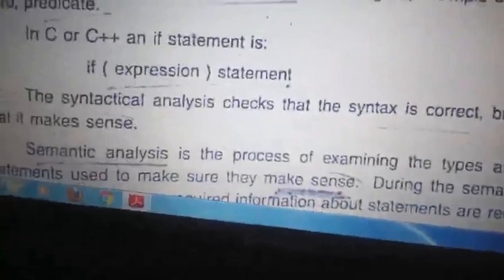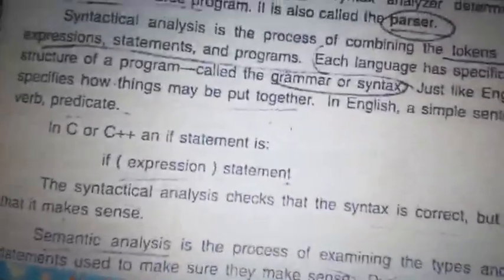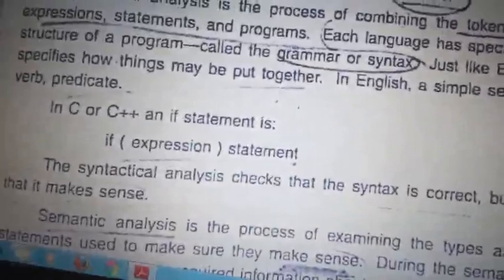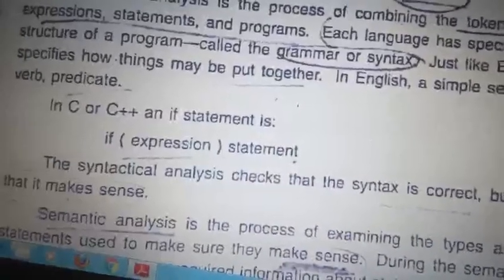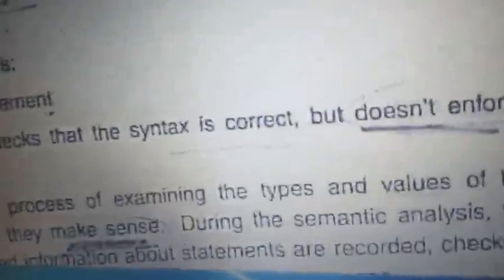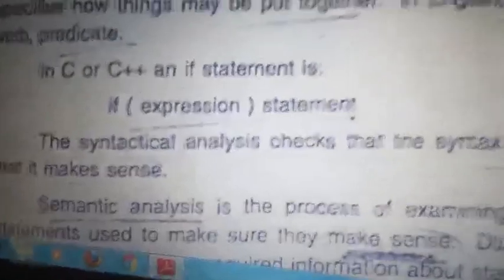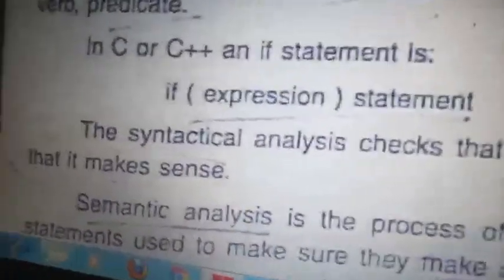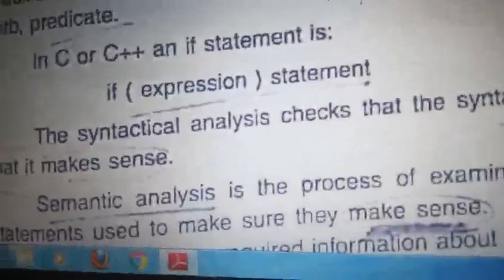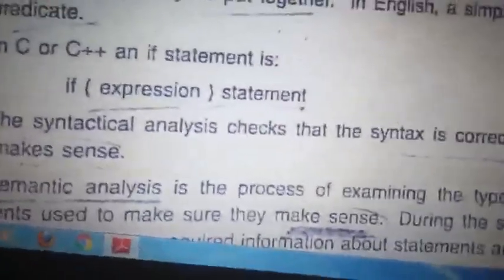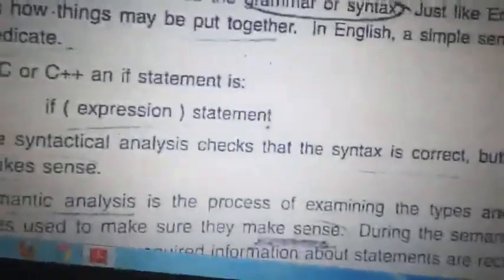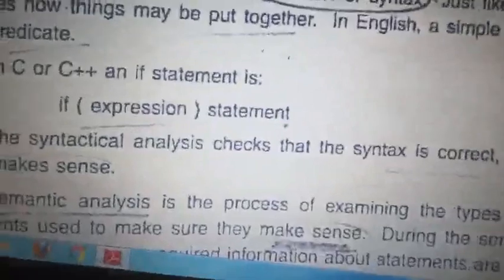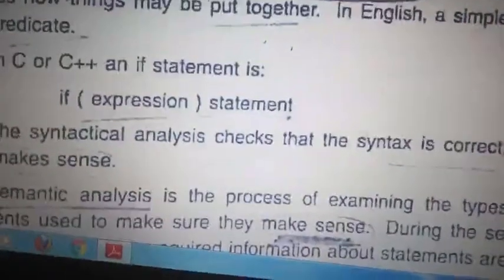The third analyzer is called the semantic analyzer. The syntax analyzer checks the syntax. You can see if, open bracket, expression, close bracket, statement. The syntax is proper, but it does not have any meaning. You know in C++ syntax you have to write like this. After that, a semicolon. In English you end with a full stop, even after a paragraph, but here each line should end with a semicolon. It doesn't have any meaning; it should be written like that as the syntax.